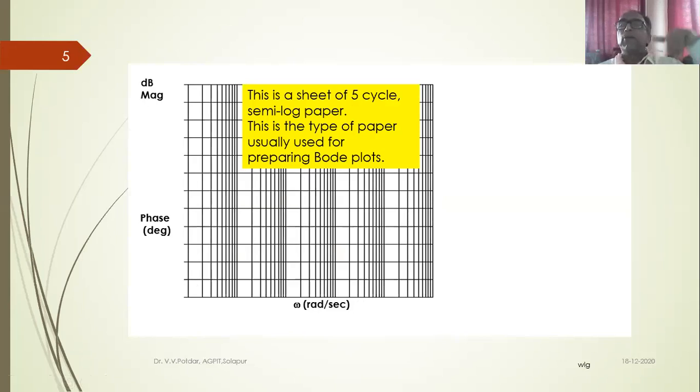And regular graph paper has a decimal scale on the y-axis and also on the x-axis. In semi-log paper, one of the axes is logarithmic and the other is decimal, hence the name semi-log paper. So in my Bode plots, I use this semi-log paper. One half of it I use for the magnitude plot, magnitude versus angular frequency omega, and the second half for phase angle versus omega on a logarithmic scale. These two plots, the magnitude plot and the phase angle plot, together are called Bode plots.